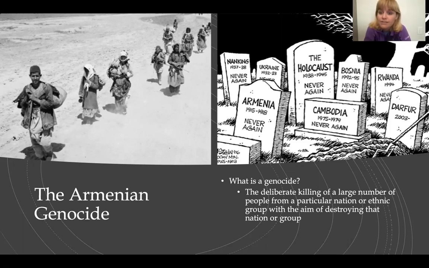Now, the big one, obviously, that you guys know about is the Holocaust. In World War II, Germany is going to commit a genocide against people of Jewish faith. There will be lots of incidences of genocide throughout the 20th century. We are only talking about the first one today, and it's one that even today is still relatively contentious. In fact, modern day Turkey, the current land of what used to be the Ottoman Empire, still says this never actually happened. They're still denying that the genocide ever happened.